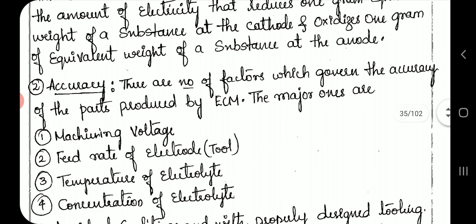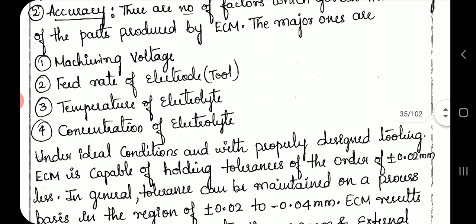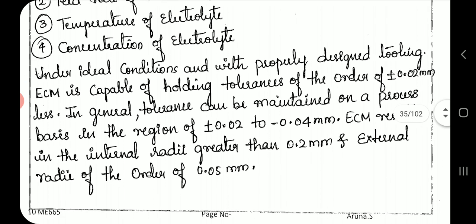Accuracy. There are a number of factors which govern the accuracy of the parts produced by ECM. The major ones are machining voltage, feed rate of electrode tool, temperature of electrolyte, concentration of electrolyte. Under ideal conditions with properly designed tooling, ECM is capable of holding tolerances of the order of plus or minus 0.02 mm